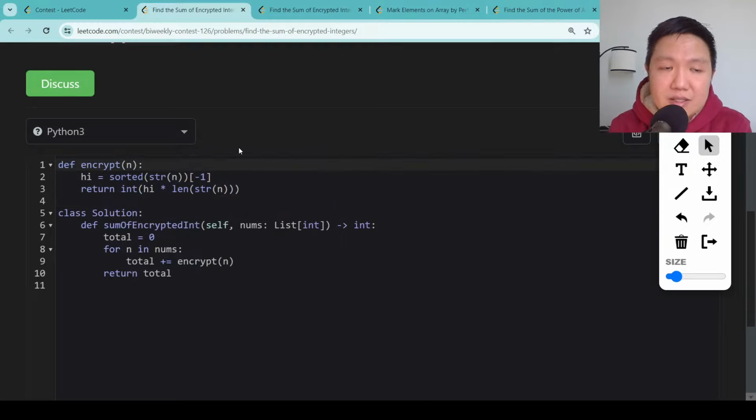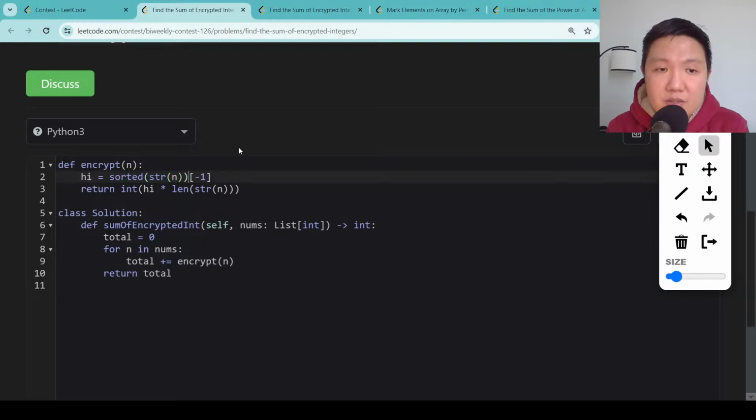The idea is you first want to turn this into a string. So what I'm doing here is I then sort the string. I turn n into a string, I sort it from smallest to largest, and I take the very last element. So that gives me basically the highest digit. And then what I want to do is construct a new string of the same length as the original string, except all the digits are replaced with the high digit. And finally, I turn that string back into an integer. So this function here